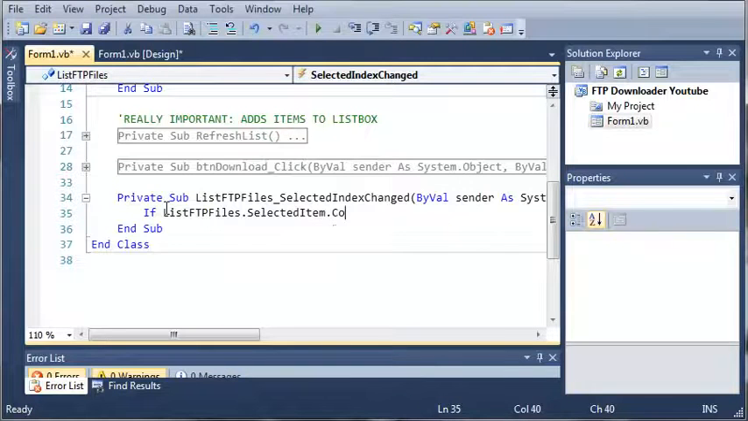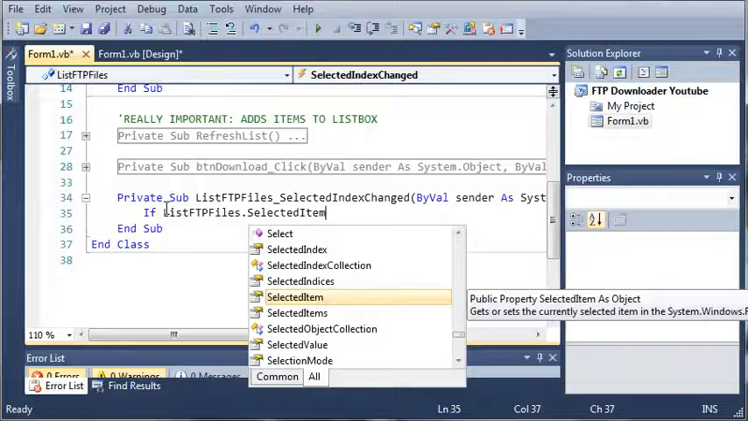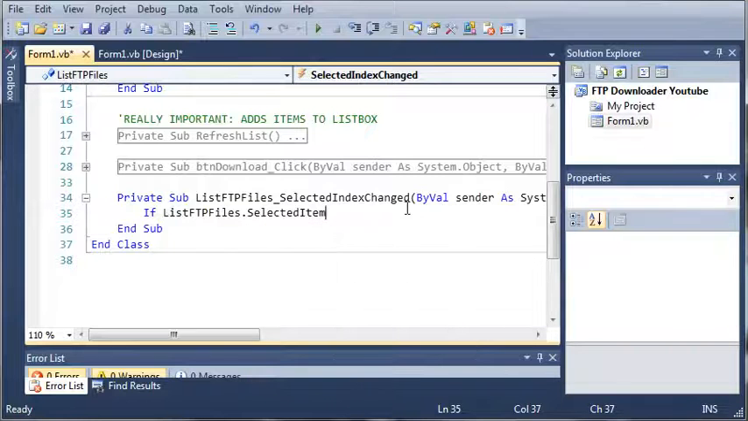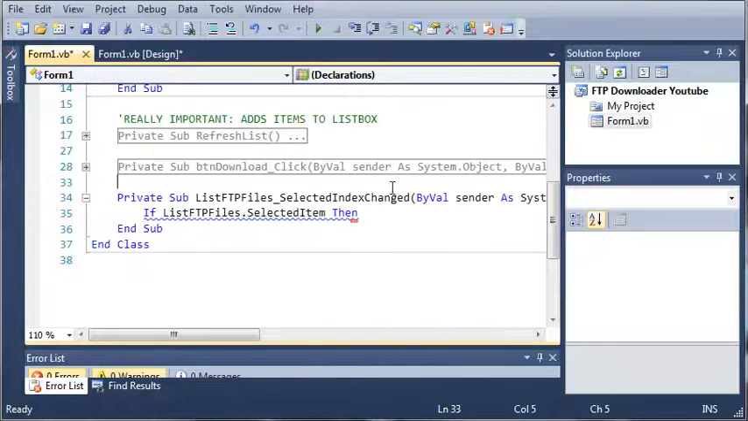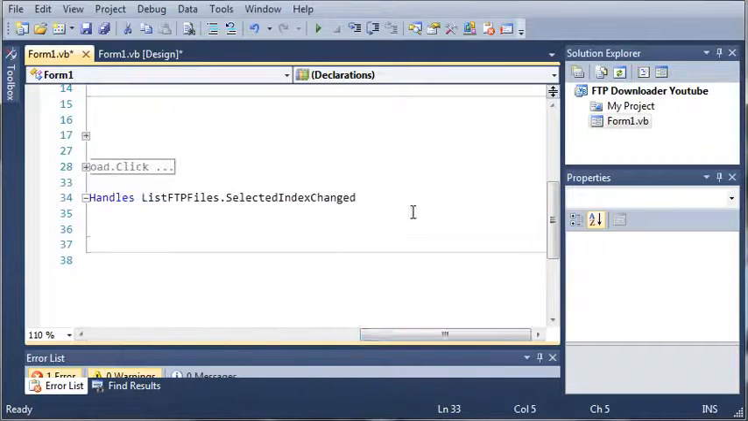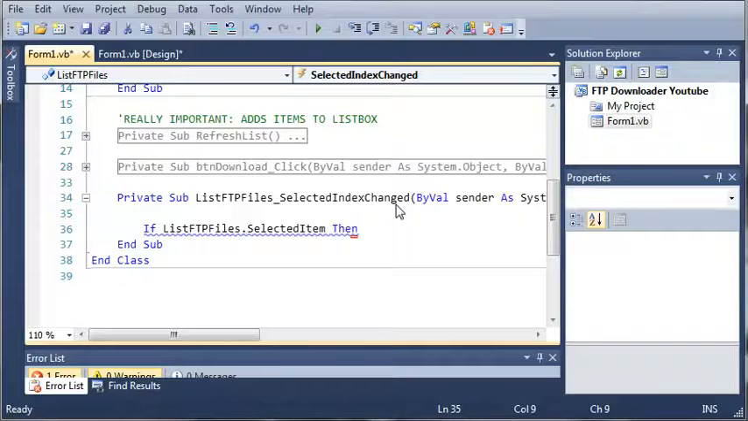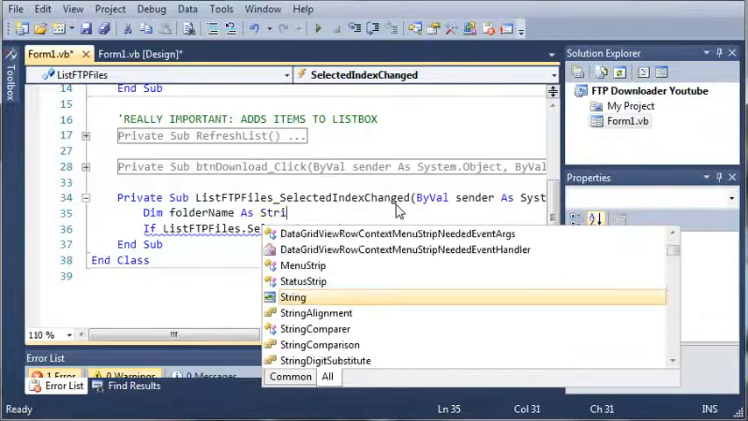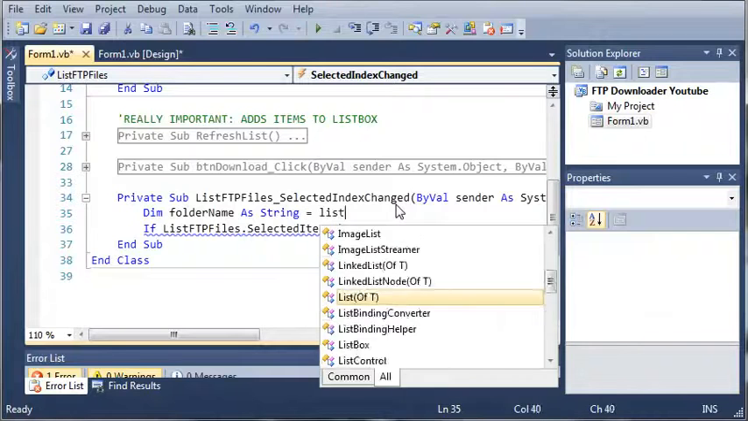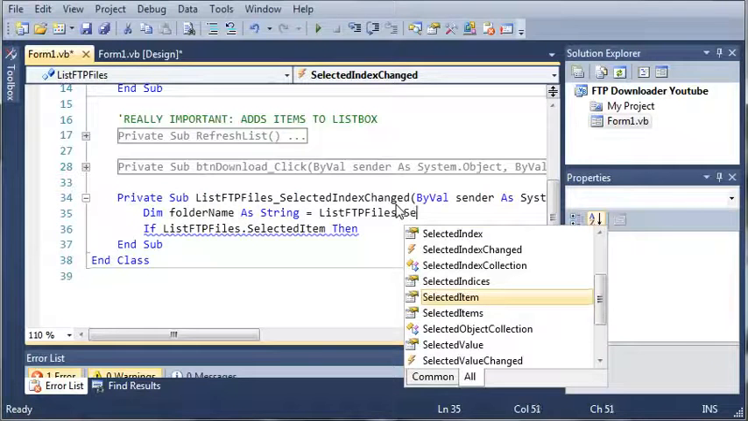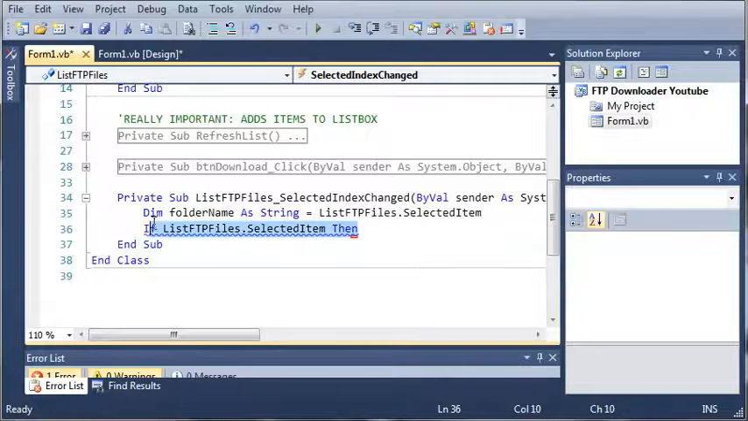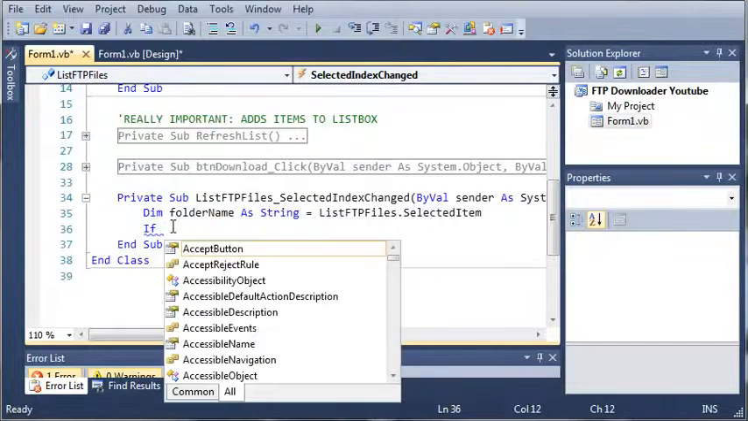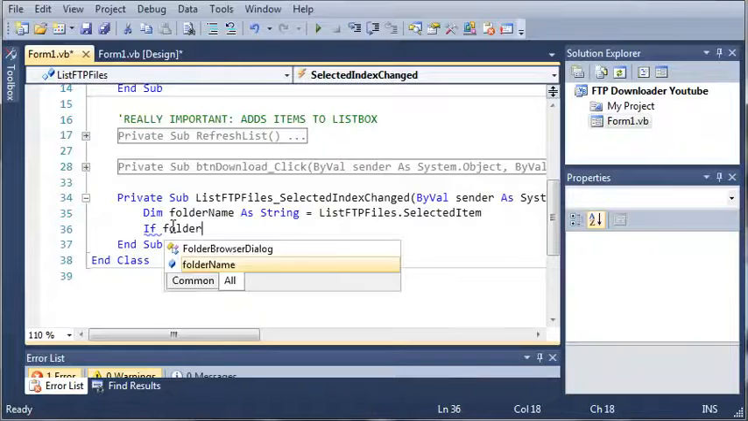So if list FTP files dot selected item dot contains, or we cannot use contains here, so what we're going to need to do is create a variable to store that item in. So we'll come right above it and declare a variable. Dim folder name as string, and we'll set it equal to list FTP files dot selected item. Okay, so let's get rid of this right here. So if folder name